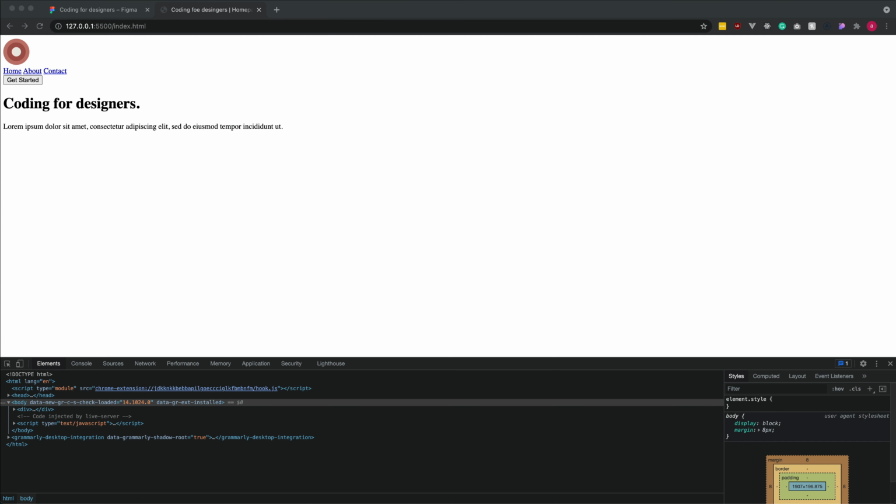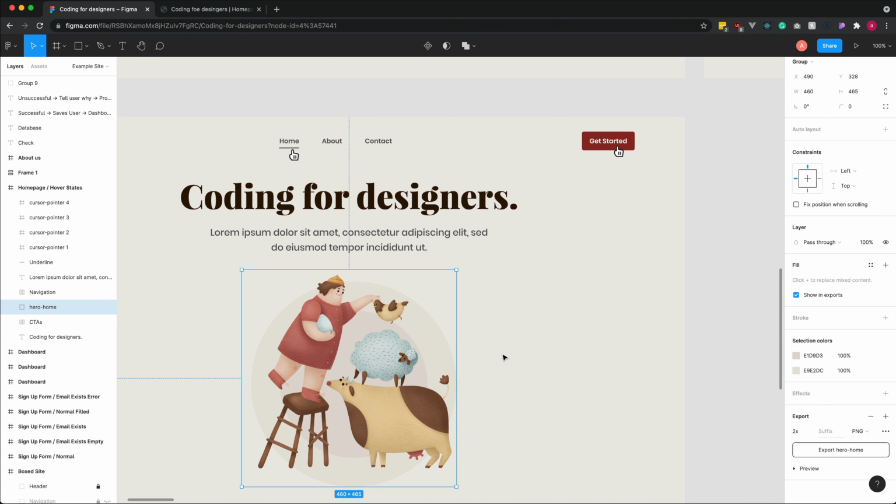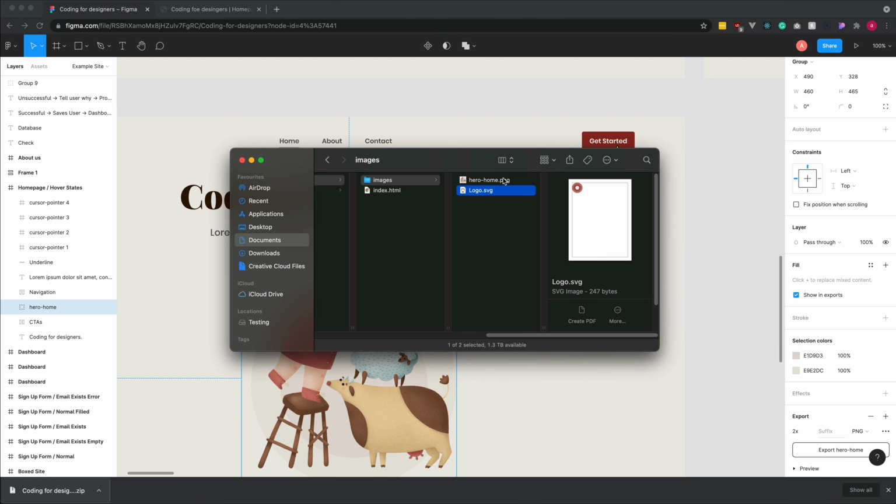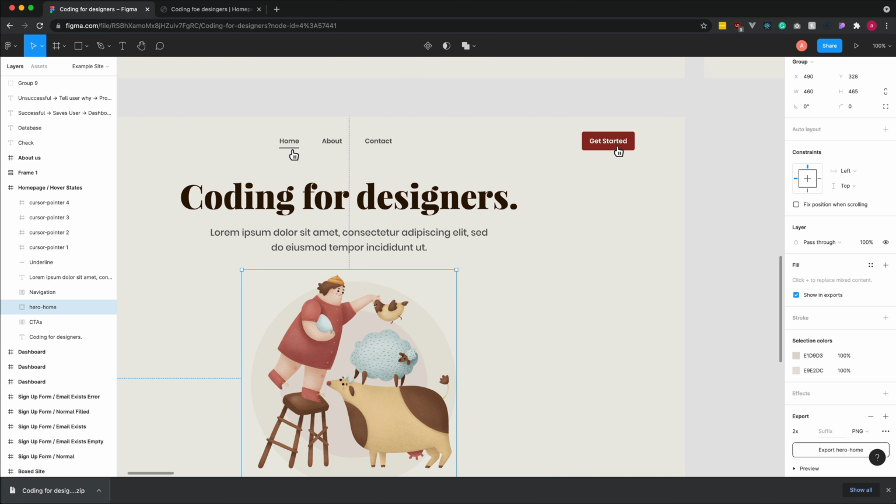Then we're going to need to do our image. So I'm going to do the same thing. I'm going to click on my image. I'm just going to export it as a 2x PNG. I'm just going to move this. Perfect. So now we have a home.png, and I can actually bring that in the same way that I brought